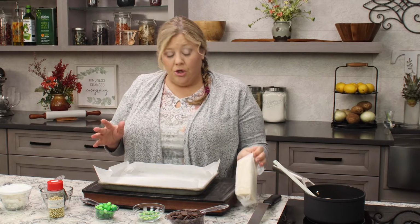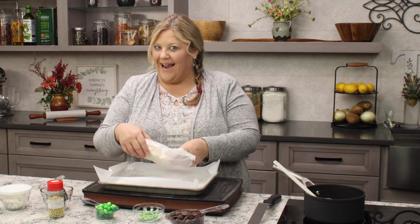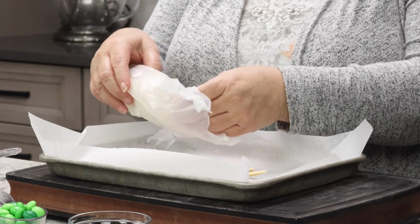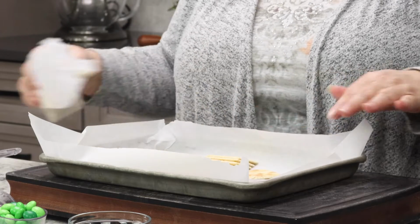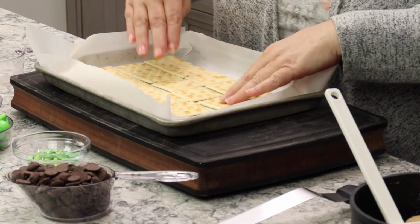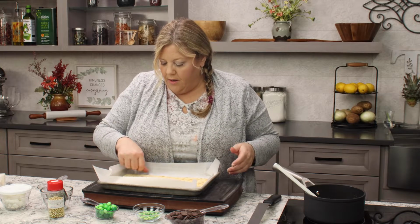Saltine crackers are traditional in this cracker toffee recipe, but you could also use Ritz. If you have those Ritz butter crackers, they work as well. More decadent even. All right, so we're gonna take enough to line the tray in a single layer, which is not even a full sleeve. Probably about 3/4 of a sleeve. So just line them up in here. Okay, once your crackers are lined up and kind of close together right now, then we can move on to